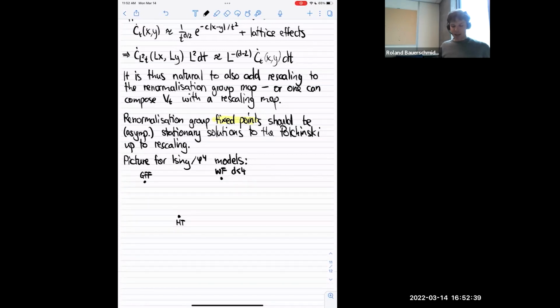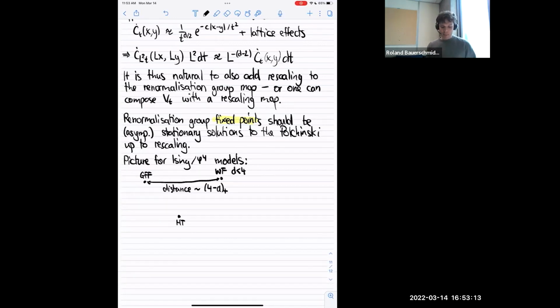One way to interpret it is, for example, replacing the Laplacian by a fractional power. That has much of the effect of a fractional dimension, even if I would say not the complete one. But okay, let me not go into this and only mention that if you do this in some way or the other, the distance between these two fixed points is supposed to be of order 4 minus d,